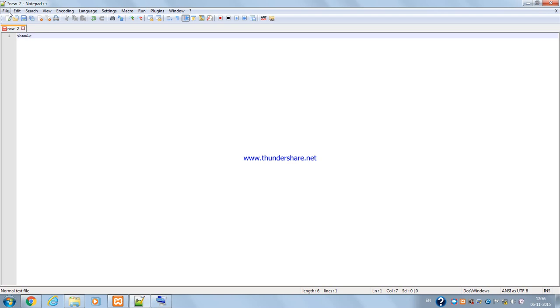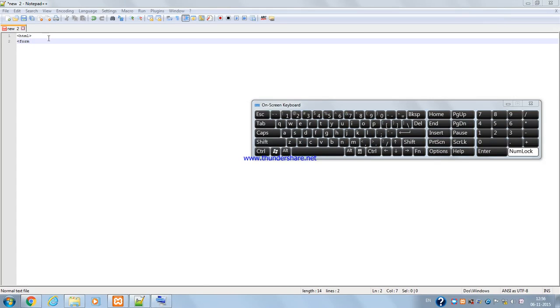HTML form. I have a problem with my A key, so I will be using the on-screen keyboard for that. Action equals inserted dot php. This inserted dot php is another file which we are going to create, which will contain the database PHP code. Method equals post,